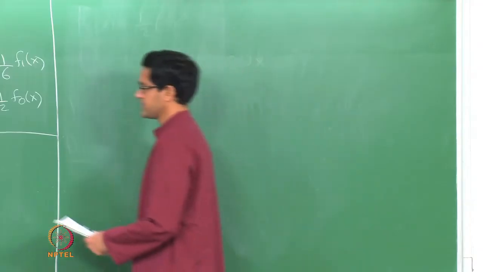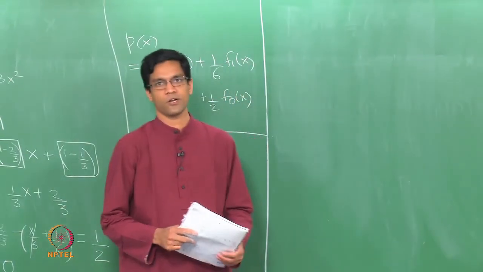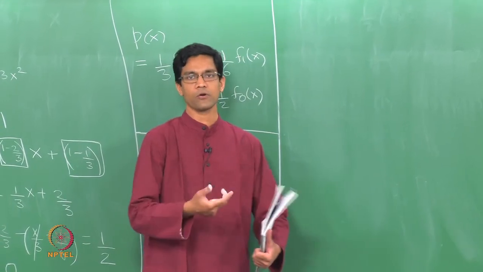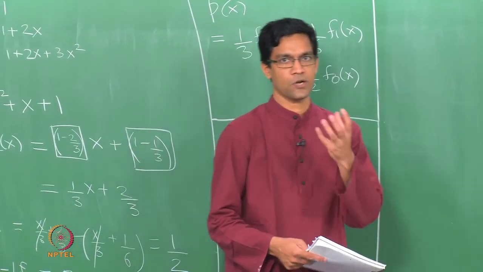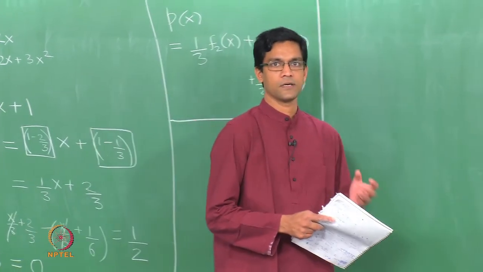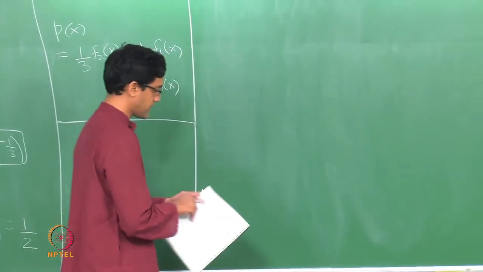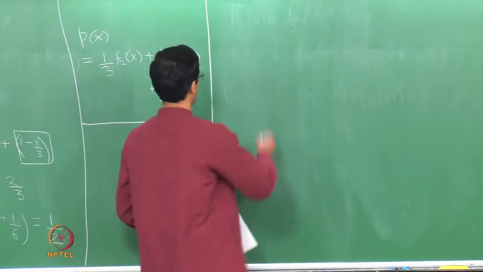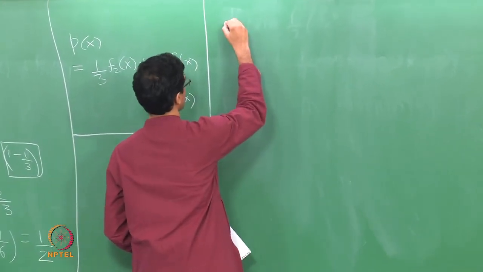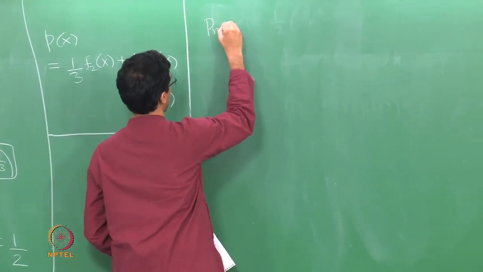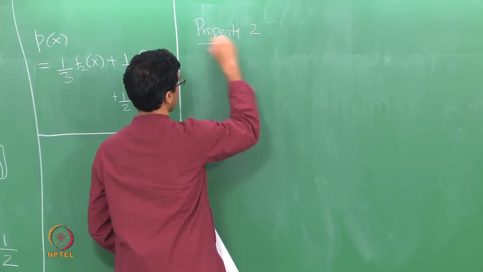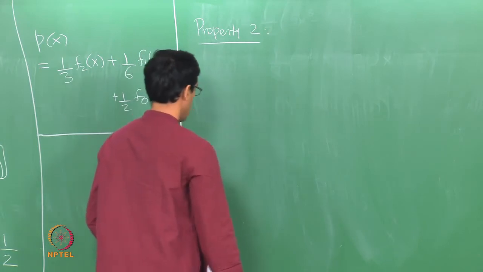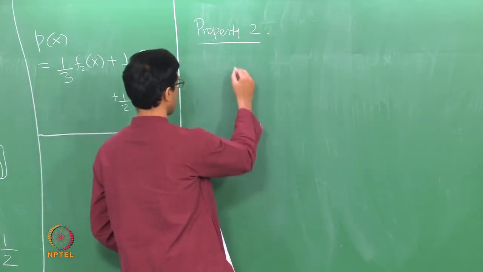But just like the Chebyshev polynomials had one very important property, that they essentially told you how to write cos n theta in terms of cos theta, so polynomial, right. That is sort of the heart of the Chebyshev definition. Similarly, there is a very important property that the Legendre polynomials have. So here's another property 2 of the Legendre polynomials, and this concerns the integral.